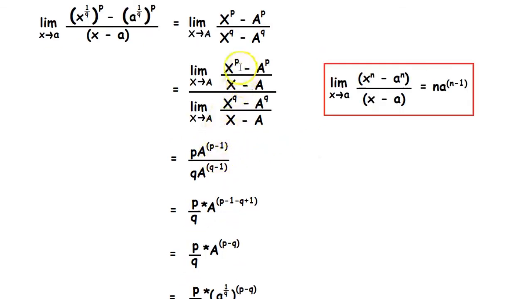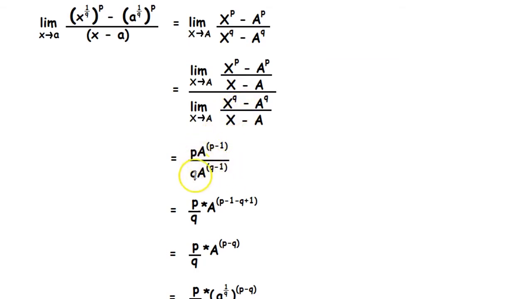That will be equal to p into a to the power p minus 1 divided by q into a to the power q minus 1. So here we can get it as p over q into a to the power p minus 1 minus q plus 1. So this minus 1 and plus 1 will cancel each other